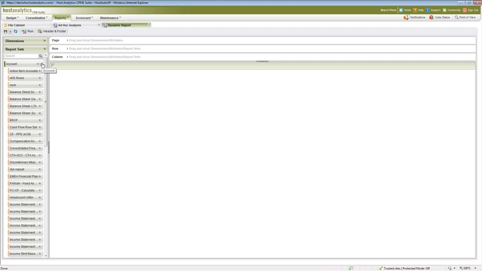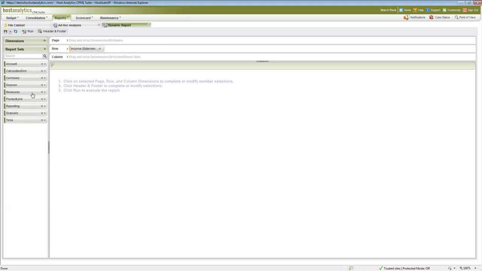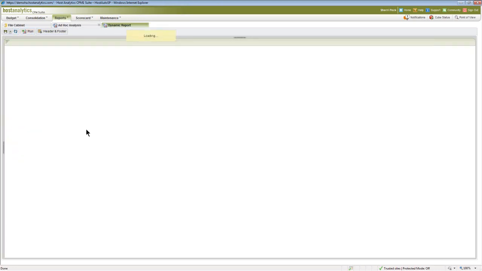So let's say I'm going to set up an income statement, and I've already predefined what my typical accounts are, or my line items. So I can literally drop and drag. This is my report definition, just like what I showed you in the ad hoc report. And my columns, I can give it comparisons, actuals, budgets. Here I have a month compared to the budget and run. And we've predefined what the period is, or it's defaulting to whatever the current period is. So you can add additional parameters if you want.